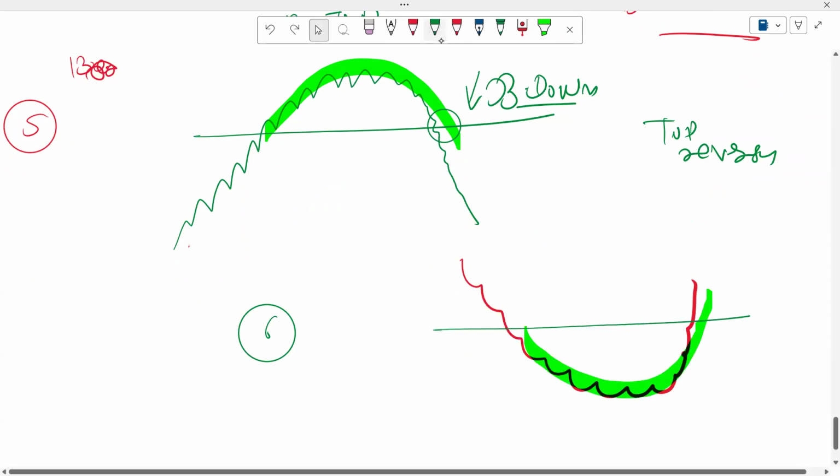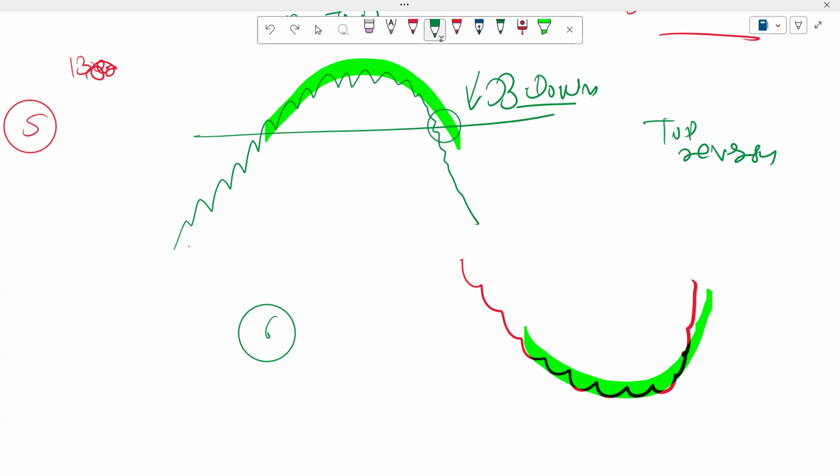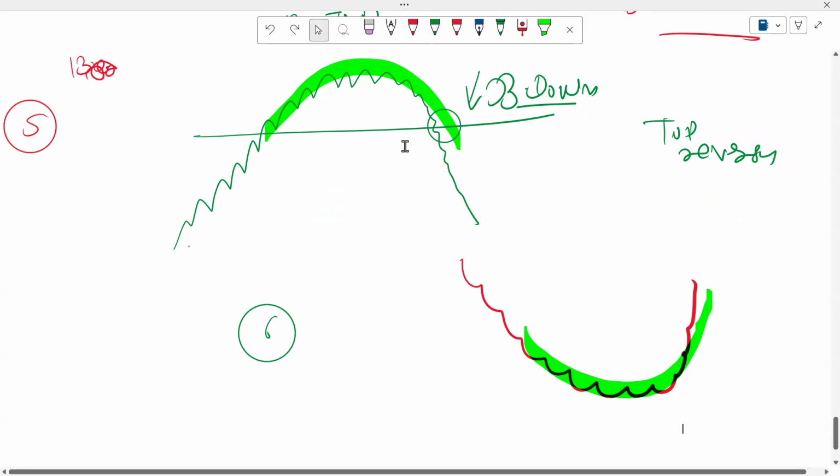Excuse me. Yeah, how have you drawn the trend line on the rounded pattern? How do you draw the trend line? The trend line you can draw by joining the